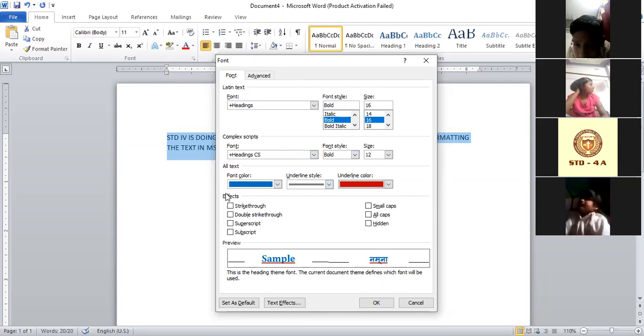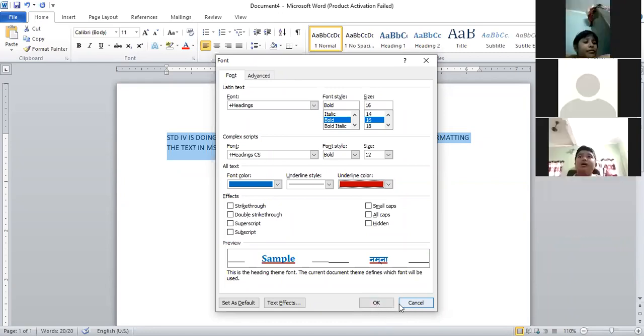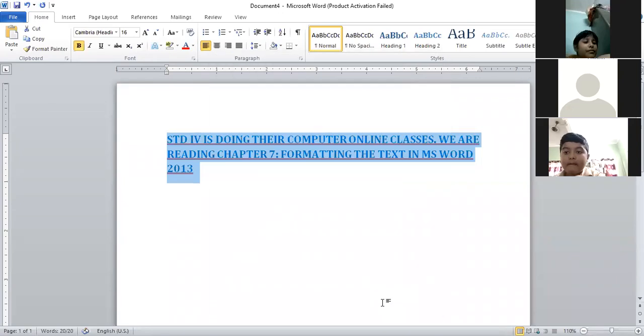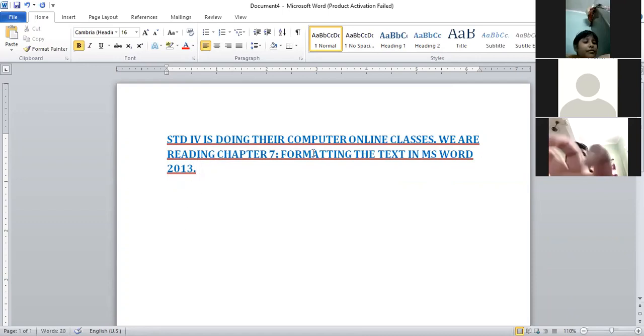So after whatever changes you want to make, whatever formatting of the text you want to make, after doing that, आपको जो जो edit करना है वो करने के बाद हमें यहाँ पे OK बटन, where we can see here the OK button, हमें उसे क्लिक करना है. अगर हम क्लिक करते हैं, so then we can see the changes have been made here. We can see on the screen all the changes have been made here.